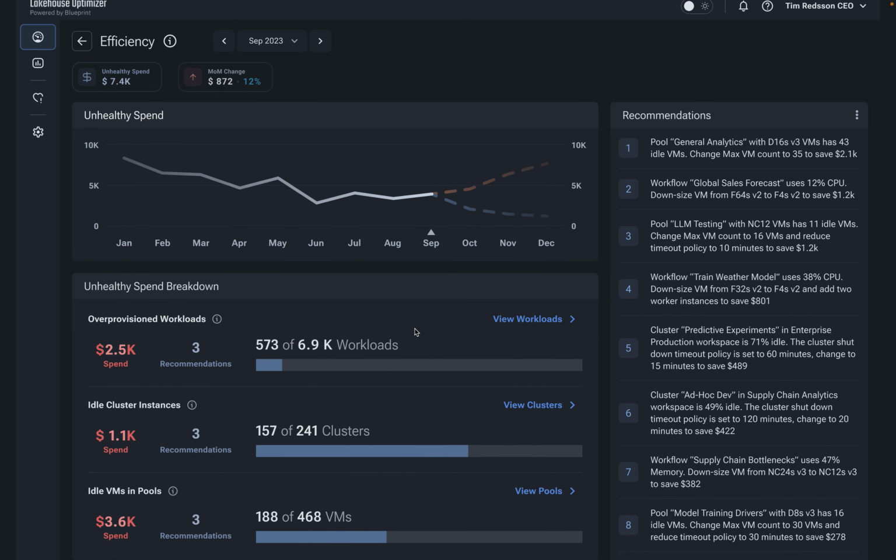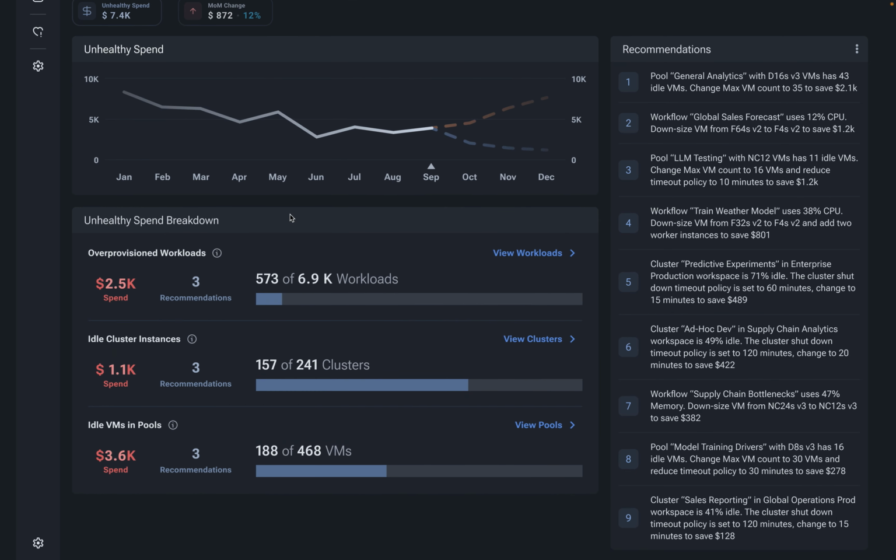There are a number of other recommendations that are also generated as we look at the breakdown of unhealthy spend. We'll look at over-provisioned workloads, idle cluster instances, and in the example I just provided, idle VMs and pools as well. By providing a tally of the number of workloads, clusters, and VMs respectively, you can get a better idea of the size of the problem, and then by drilling in with the view workloads, view clusters, or view pools area,